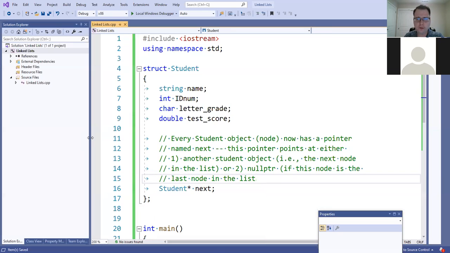And it'll be pointing at either another object or at nullptr if it happens to be